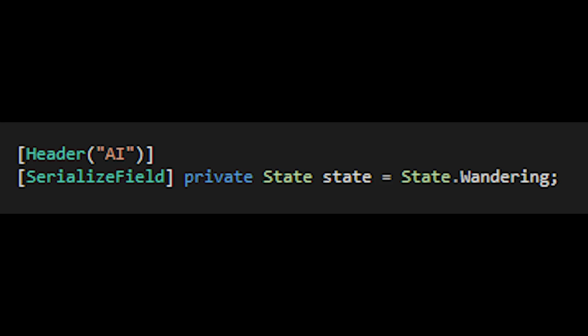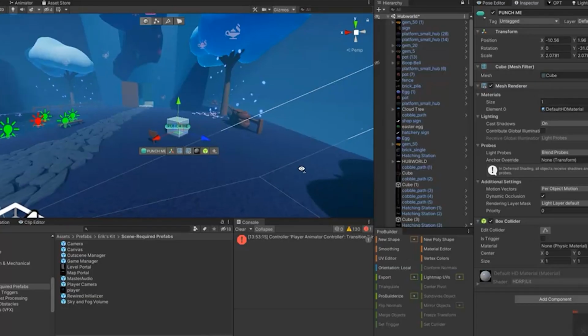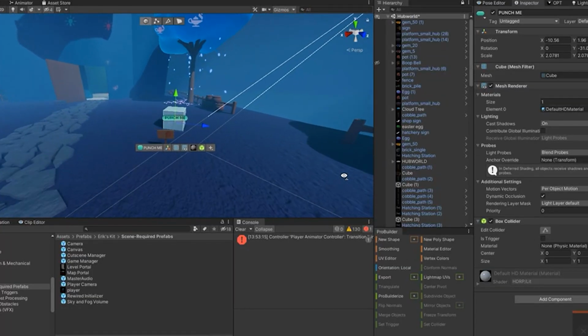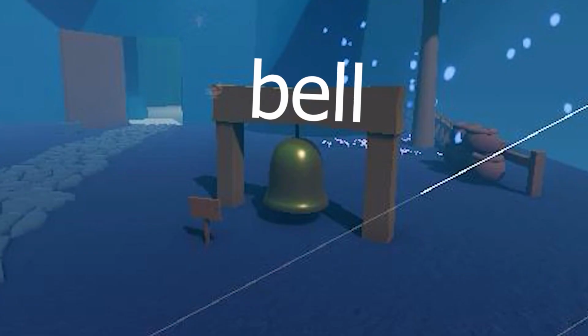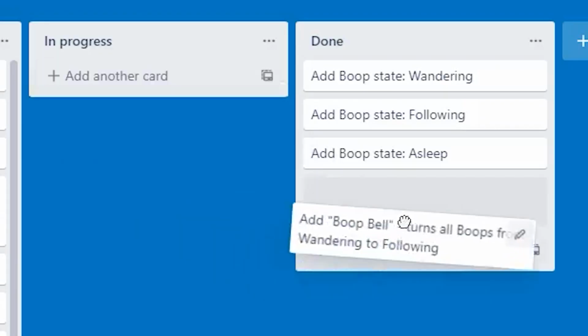To give the player some more agency over their BOOPs, but still let BOOPs have their own personalities, I decided that they would wander by default, but I added a cube that puts all BOOPs in the follow state if you punch it. Now I had to explain why you were hitting a cube to summon your pets, so I decided that the cube